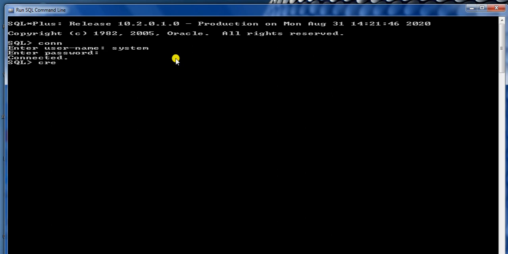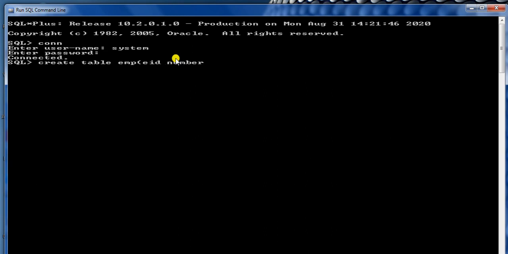So here I am creating one table with the command create. As we know, create is a DDL command. So by using this command, I am creating the structure of table. Create table, table name. Say my table name is EMP. Open bracket. I am giving the first column name as EID.